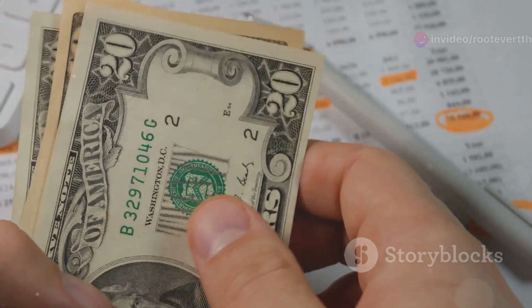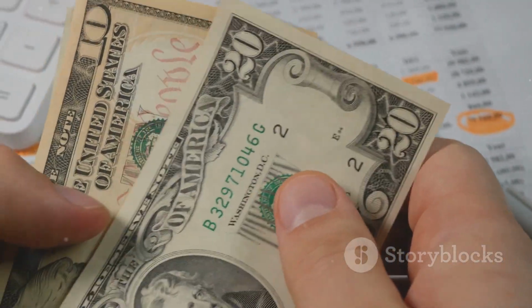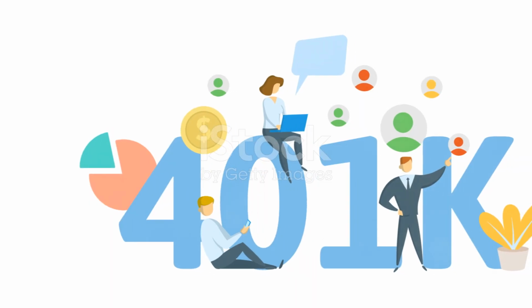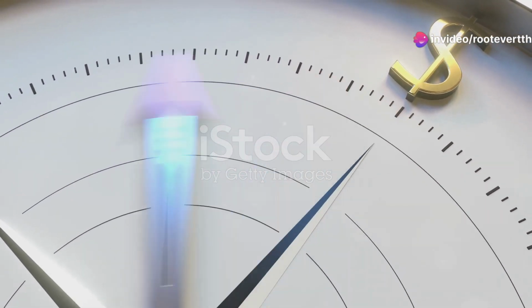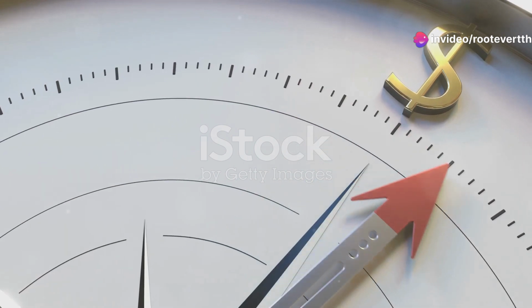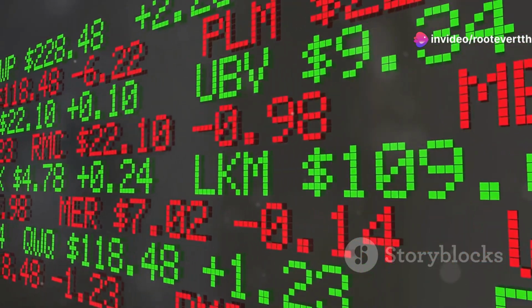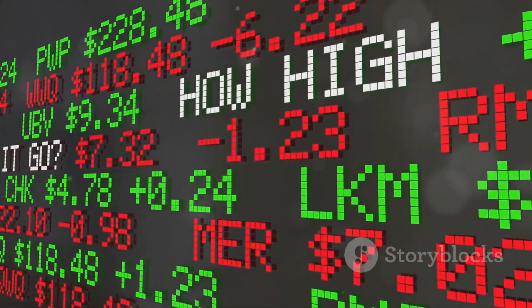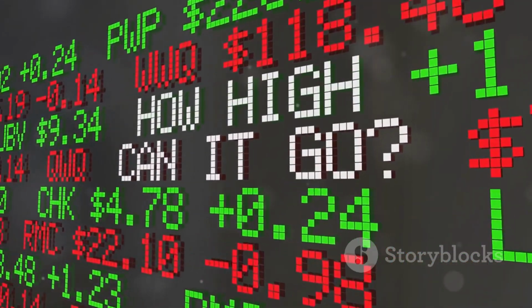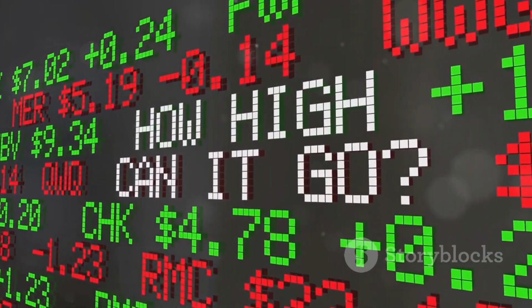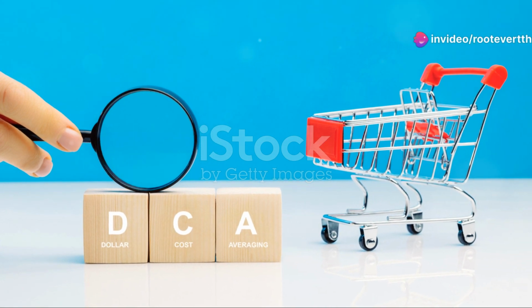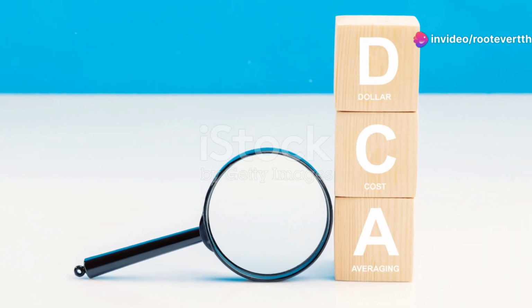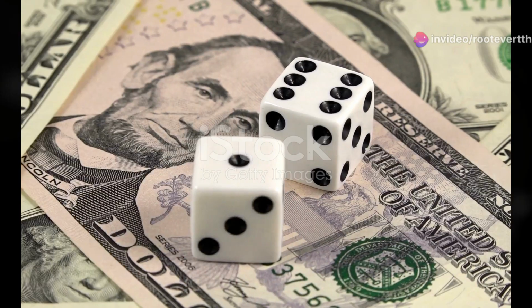Additionally, beginners should consider their personal financial situation and goals. If you are investing with a long-term perspective, such as saving for retirement, the best time to start investing is as soon as possible. Regular investments over time, known as dollar cost averaging, can help mitigate risks associated with market timing. This approach involves investing a fixed amount of money into a particular investment at regular intervals, regardless of the share price.